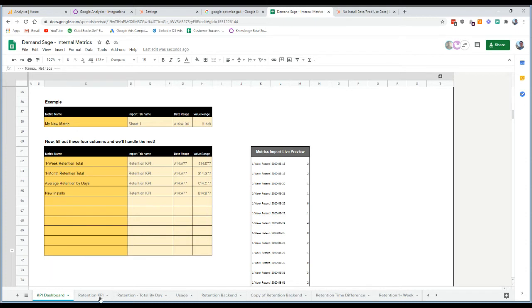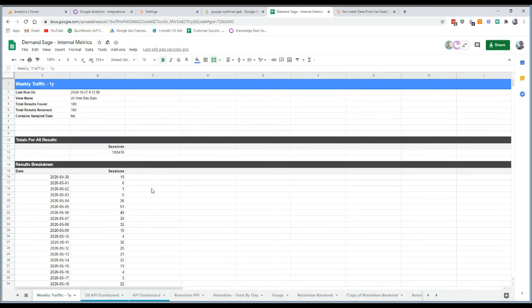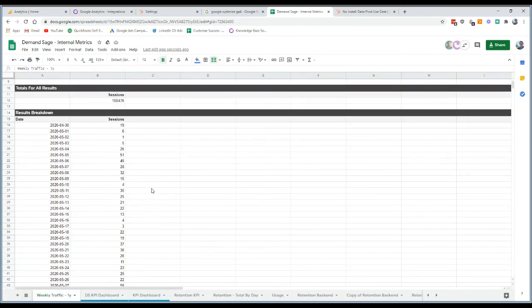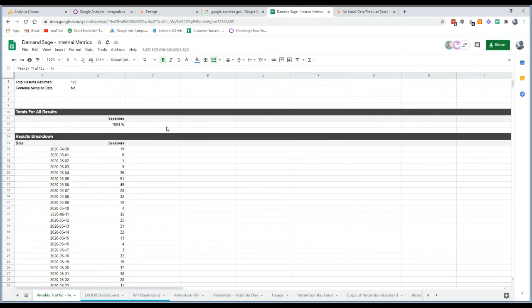So for example, let's say I want to use my weekly traffic tab. Now this is from the Google Analytics plugin that is free to use for Sheets as well. So we see that we've run a 180-day web traffic